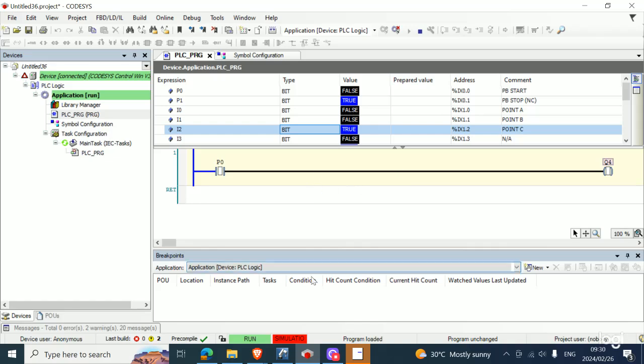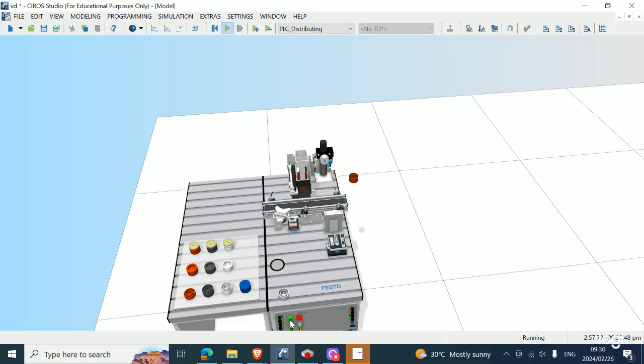Now after we run our code, we want to go back to CIROS and press the start button. We said if we press the start button, we want the cylinder to extend. As you can see, the cylinder is extending, but it's not extending to its end position. This is because the cylinder is not latched. Latching is a way for us to press the start button once, and then a continuous signal is sent to Q4, the cylinder, so that it extends fully without us having to press and hold